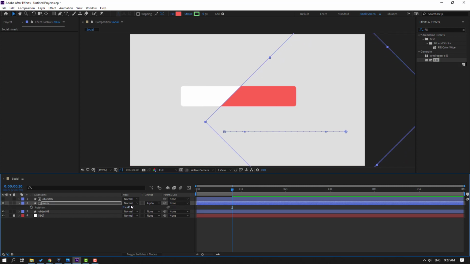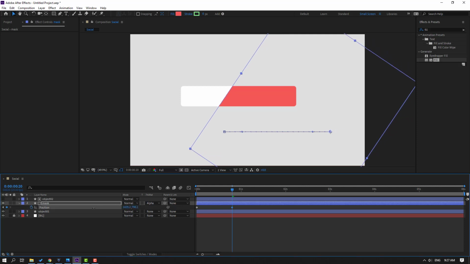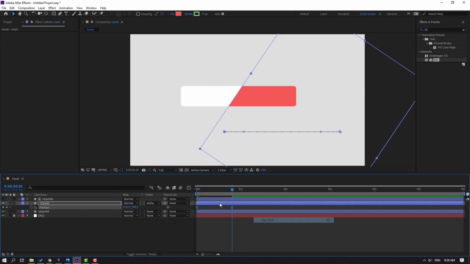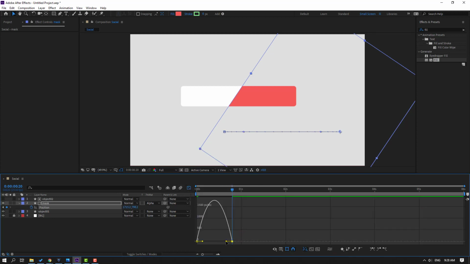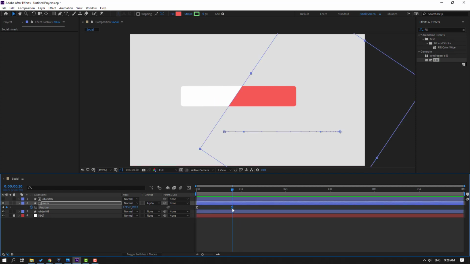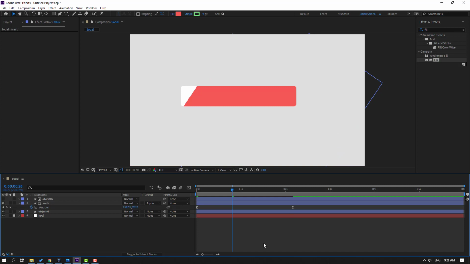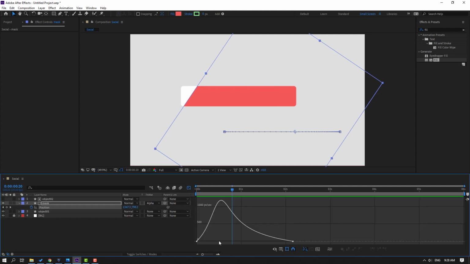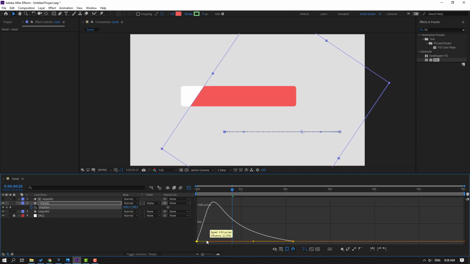Let's press R, change rotation like this, and press P, move to left. Let's see. Okay, select keyframes, make easy ease, go to graph editor, select this graph, make smooth. Let's see. Okay, back to keyframe, select the last keyframe, move to right for slow animation. And select these 2 keyframes again, go to click this icon for open graph editor. Select this graph, let's make like this